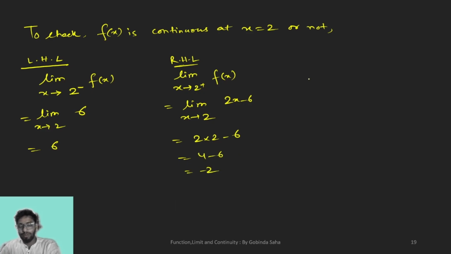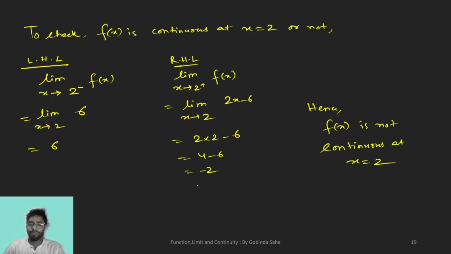Wow. These two are not equal. Since these two are not equal, we will say the function is not continuous. Hence fx is not continuous at x equals to 2. We will do the next part in another